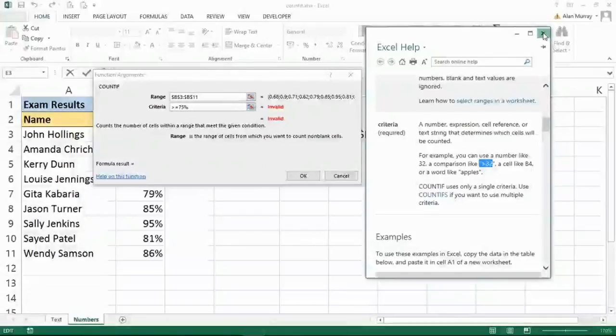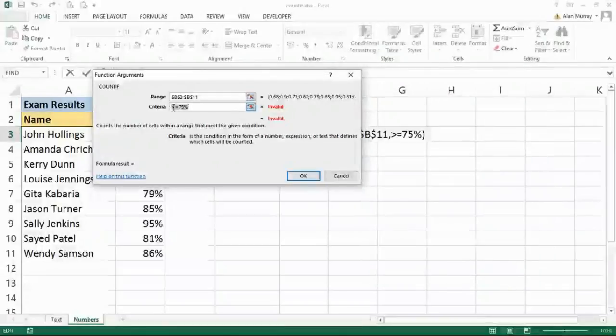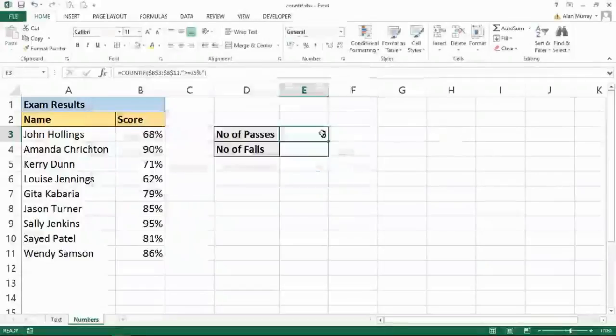Now I could put them in here, or I could go back to my formula and do that. I might as well write them while I'm in here. And as I write this, I can also see it returning the answer and show me what I'm doing to the right. So just a little bit more assistance in this wizard than what you get when you're on your own in the cell. It's not as quick as typing in the cell, which is why throughout this class that's what I've done, and it's probably what you're going to see your colleagues and your friends do as well. But you do get more assistance here, a bit more help. It's great if you're a little bit rusty with a function or you're new to a function. And if I click OK, I'll get what I want. The answer is 6,